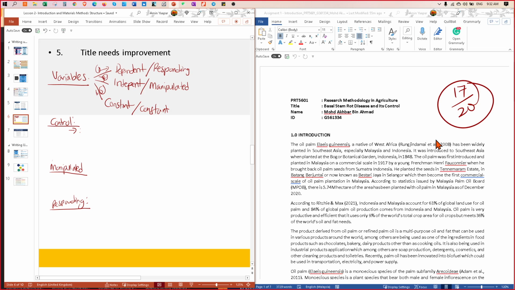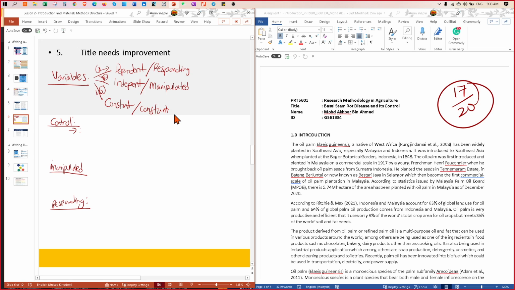The disease, okay. Basal stem rot is the occurrence that you study. You have a crop of interest in your study, right? So the crop is actually your constant, your control, what you study.